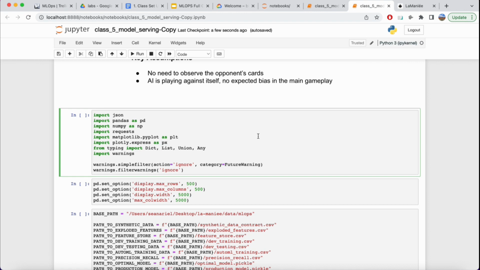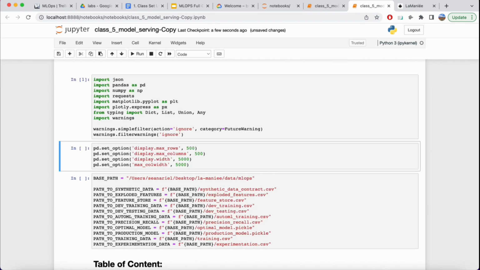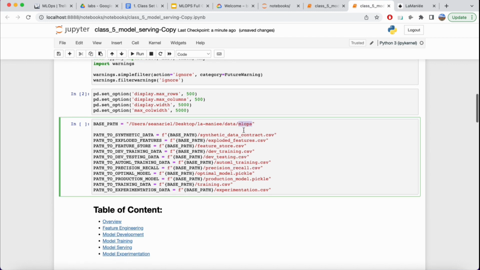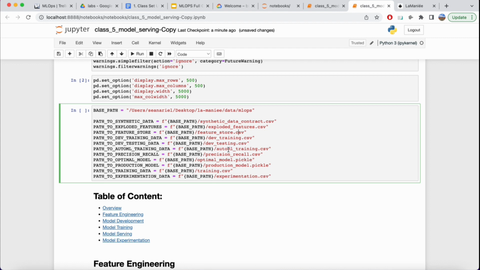So the way that we're going to do that is, first of all, as always, we're just going to import a bunch of libraries that we need. We're going to set a bunch of options, and we are going to point our base folder to this data repository that contains all of the data that has been accumulated throughout the course. Keep in mind that all of this is still local data because we want to run the notebooks on our local computer. So that's why we keep a copy of all of the data that's being generated for at least learning purposes. But essentially, all of those data by now, since we've looked into the development pipeline, the training pipeline, all of this kind of stuff, should now be centralized somewhere